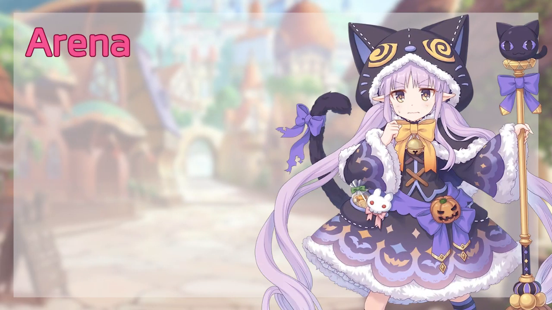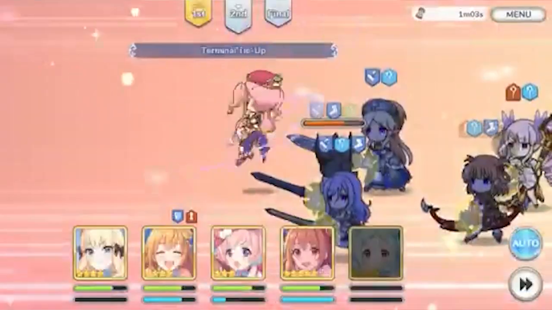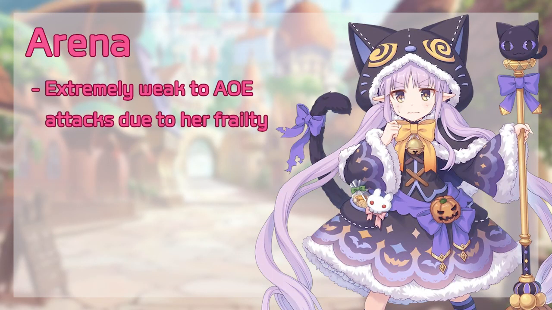For Arena, Halloween Kyouka's frailty rears its ugly head. AoE attacks from the heavens, Corona Reina, or from the front, Sumugi, means that the moment she sets foot in the arena, she is under attack. Frankly, her poor survivability means that she struggles to be a good piece on an arena team. Plus,